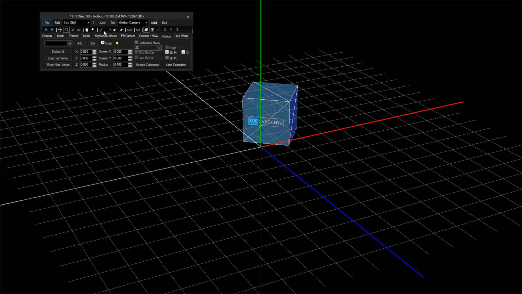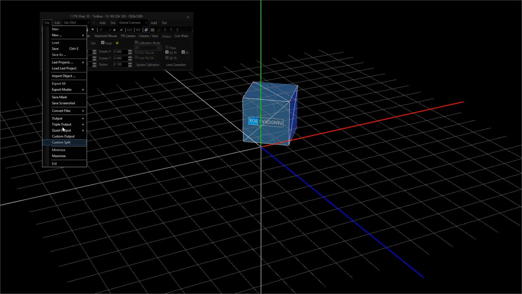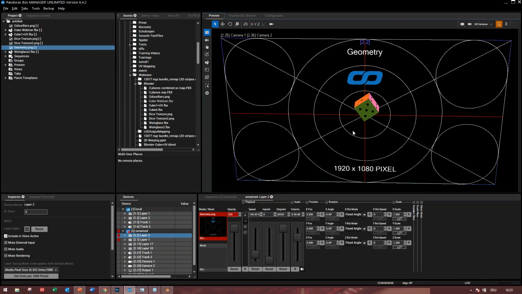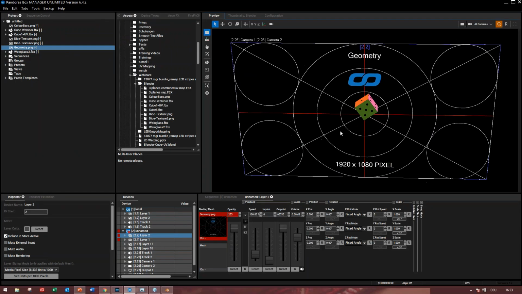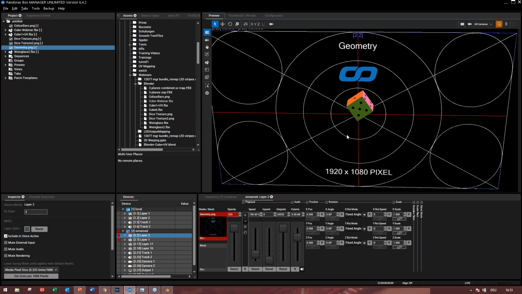Yeah, right. Okay, let's minimize this one and go back again to our Pandoras Box. I would like to show you the UV effects